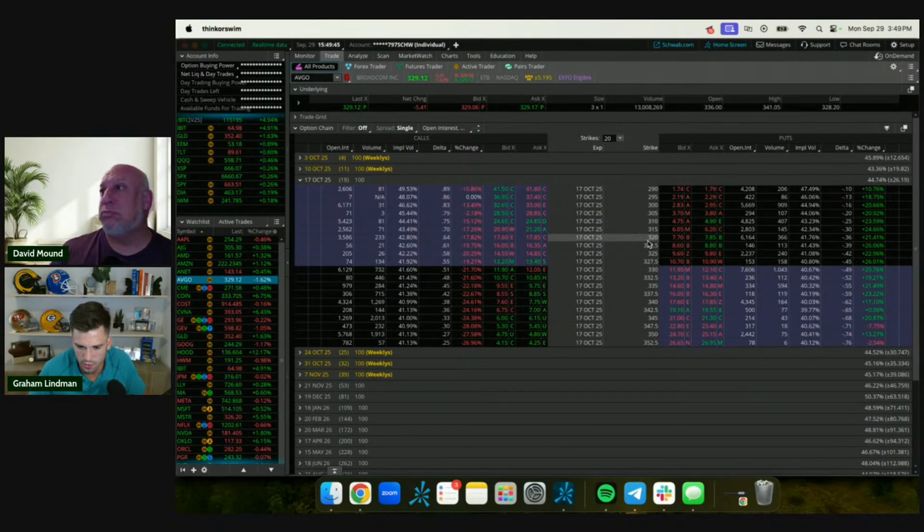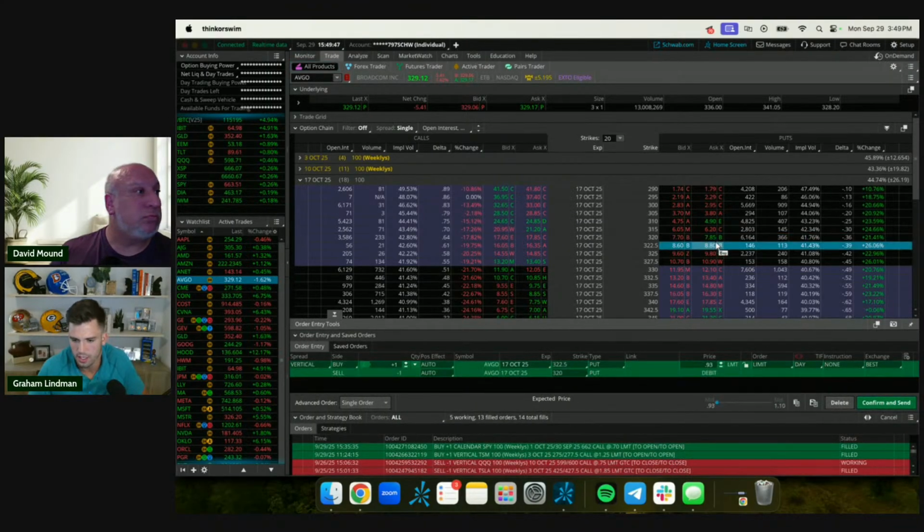So we don't have a strike at 317. Let's look at 320. This is a really good one. This is kind of a hedge for your portfolio as well. Here, if we do get a market pullback or freak out with government shutdown, anything like that over the coming couple of weeks, AVGO will obviously take a spill if that happens, or maybe technically it just closes the gap